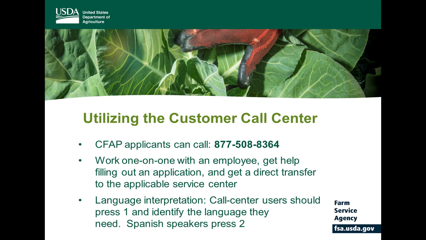If you have producer information, that producer can call this number, give their information. The customer call center will enter that information into the calculator for them to generate the application and send that application to them, either via email or by mail. And then that way the producer already has that form 3114 pre-filled, and they can take that to the office for their appointment. A lot of people don't know that service is available through the call center, so I just wanted to stress the importance of utilizing the call center to its potential.